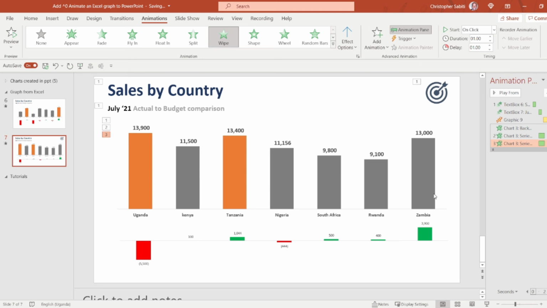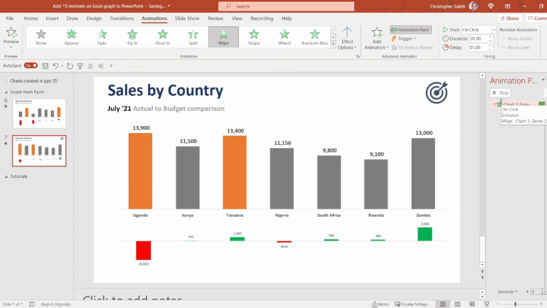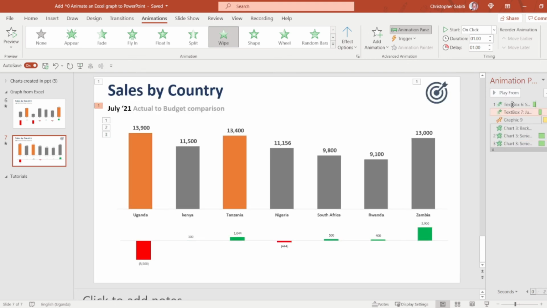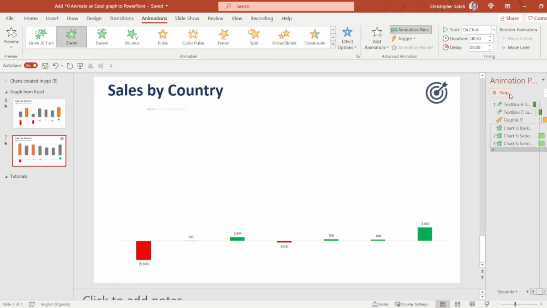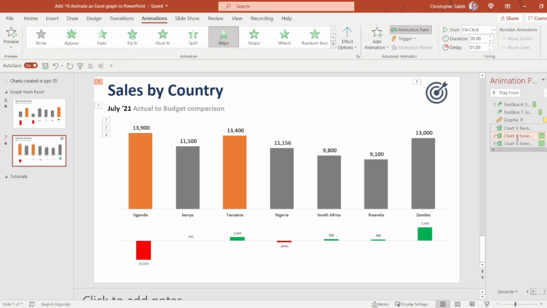That is it. Now we can try this and see how it is. So that's how we need it. So checking this again, I think you check, that's how it is. So stop, let's start from the beginning. So we shall have the header, we shall have the subtitle, we shall have the spin of that one appearing, the wipes and that. So if you want to delay more on the wipes, then you do on the delays. So you can increase this to around 2, then also this one to around 2.